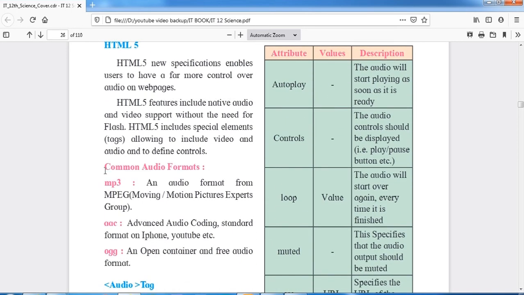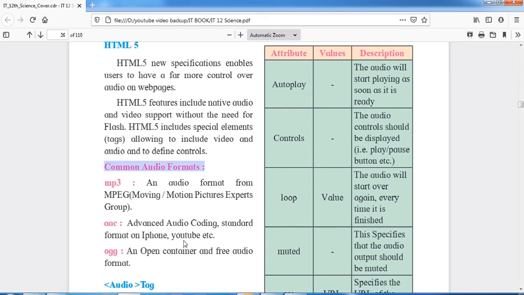Before that, you must know there are some common audio formats. First is MP3, an audio format from the MPEG, the Moving Picture Experts Group. That is the type of your audio file. Or there may be a type of AAC, that is the Advanced Audio Coding standard format, which you can access on iPhone or YouTube.